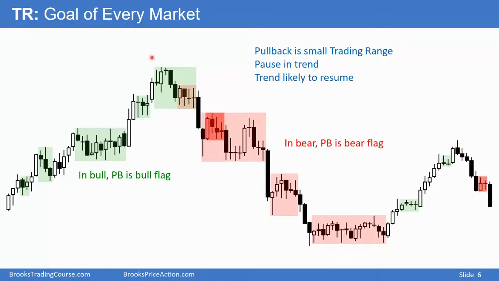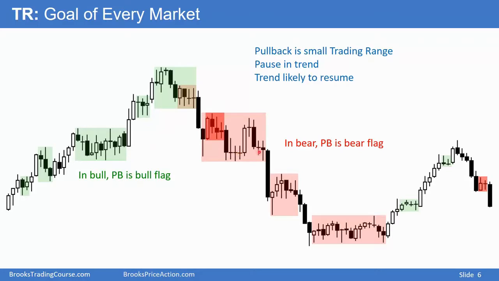Same thing in a bear trend. Maybe this is a bear trend, maybe it's a bear leg in a trading range. I think this does not look strong enough to reverse that, so the bears are hoping this is a bear flag. It turned out to be. Strong bear breakout, good follow through, trying to reverse up, not looking good for the bulls. This is a small pullback. It grew into a larger pullback.